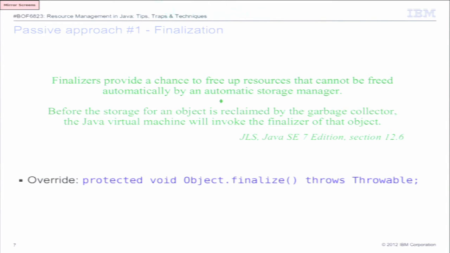How do you implement it? Well, you override the finalize method that is defined on java.lang.Object. That method is a protected method, so that any subclass, which means any type of Java class, can override it, and it throws Throwable. So that seems fairly